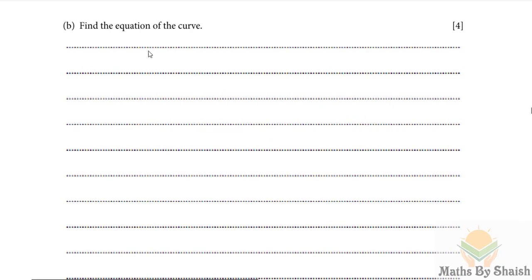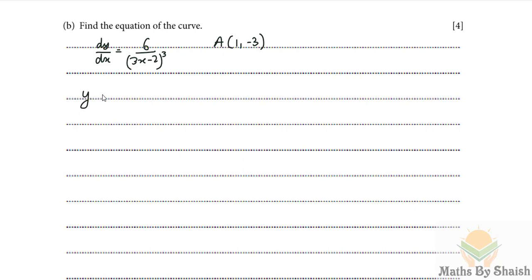And here's the b part. Find the equation of the curve. So the information from the first part of the question is that we are given dy over dx as 6 over (3x minus 2) to the power 3, and a point on the curve is given as (1, minus 3). So now we know that if we have the derivative of the function given, the equation of the curve,